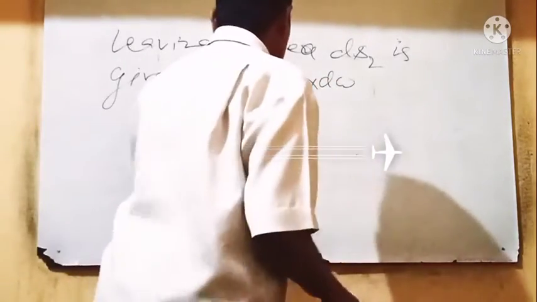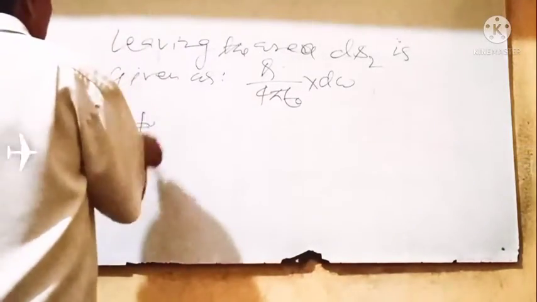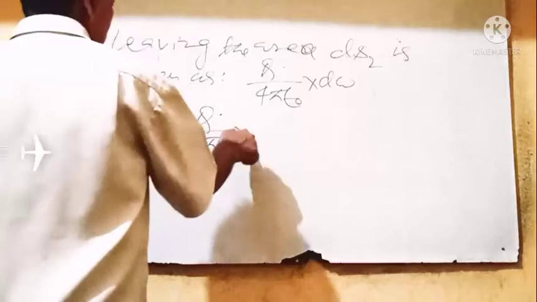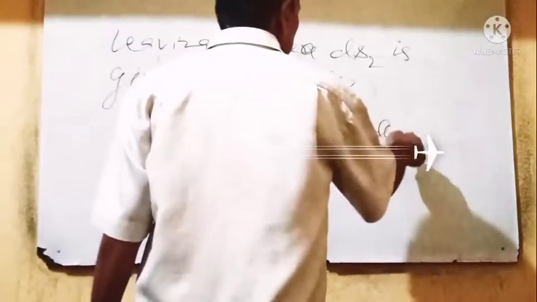So total electric flux phi is equal to q by 4 pi epsilon naught into d omega minus q by 4 pi epsilon naught d omega